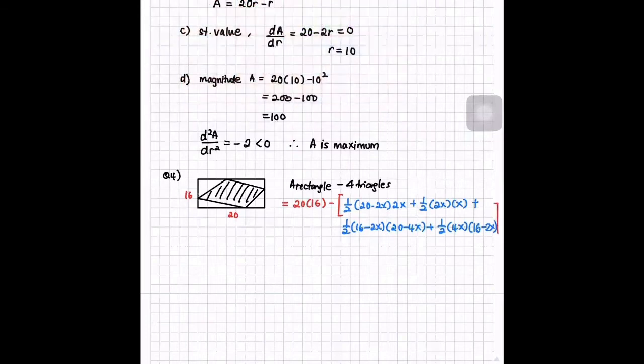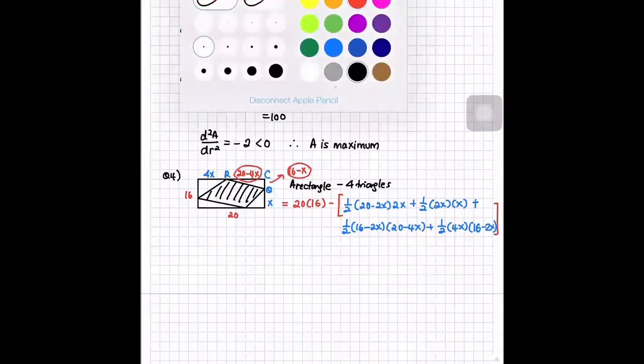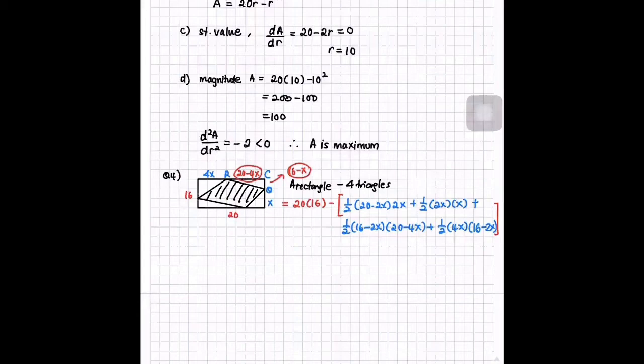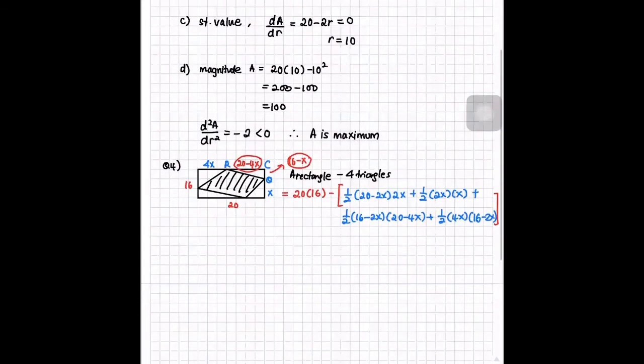You just have to find the length. Like for example, let me just quote this one here. They said it's RC and what is that? Q. RC and Q. And they gave you X here. They gave you 4X here. So you can quickly find. So this one is going to be 20 minus 4X. This portion here will become 16 minus X. You do this for all. If it is not given, then you think like this. Are you with me? I hope so.